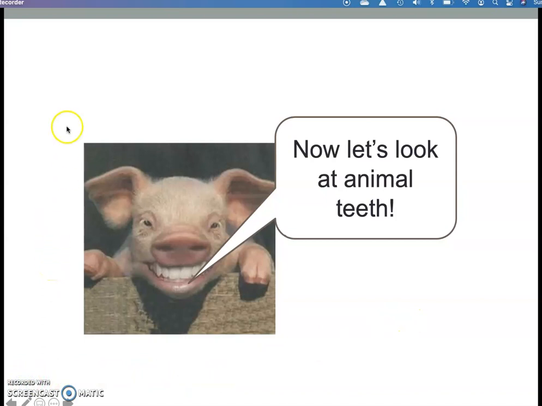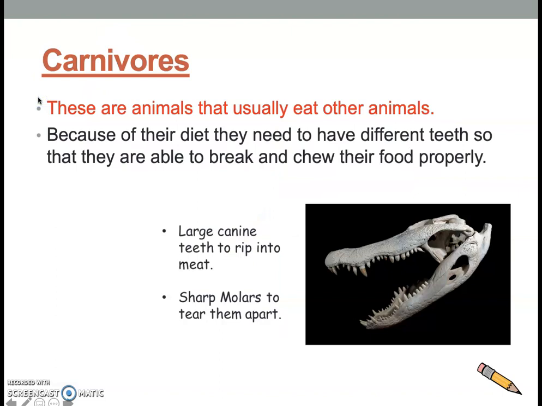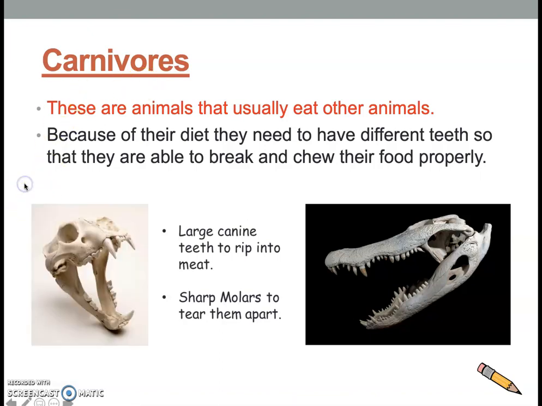The first animal we are going to be looking at today is, of course, our favourite, and it is the carnivore. Now, these are animals that usually eat other animals, so have a think why their teeth might be a little bit different to other animals and their teeth. Because of their diet, they need to have different teeth so they are able to break and chew their food